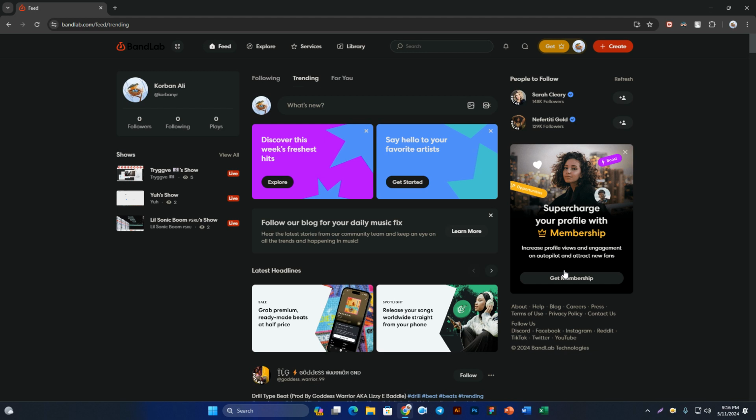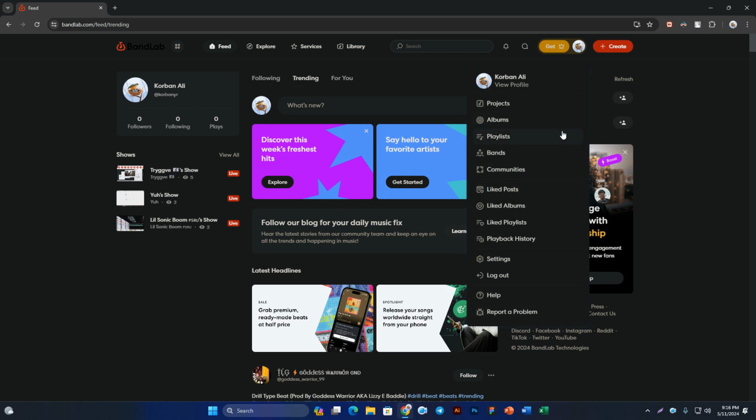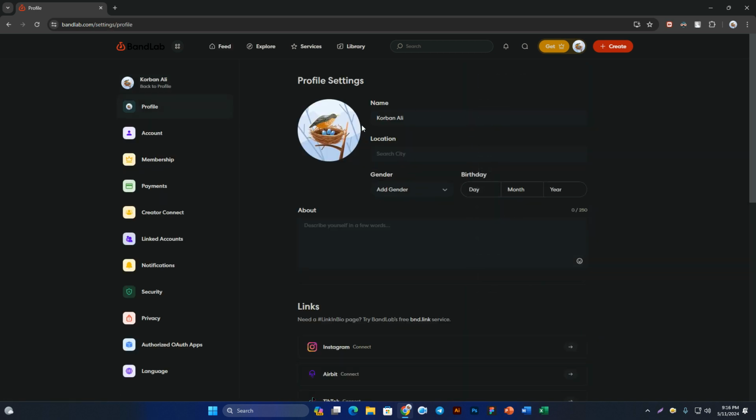I'll guide you how to set your birthday on BandLab make music online application. So you can see this is the interface of BandLab. What you need to do is click here on the profile icon, and here you can see the option settings. Click settings, then here you'll see options like profile, and birthday. So if you don't set your birthday yet, then you can